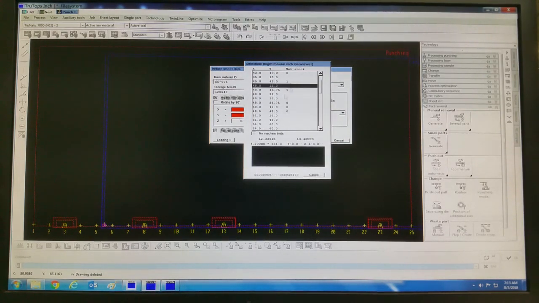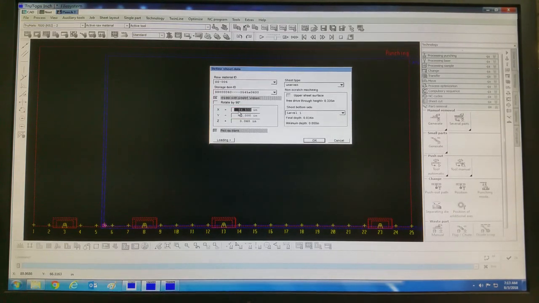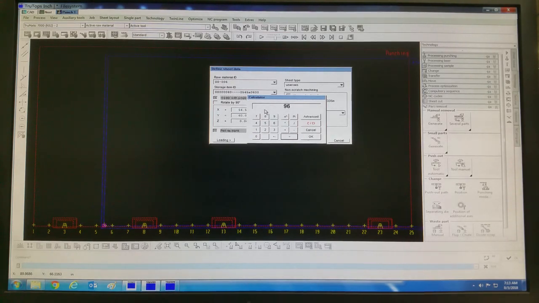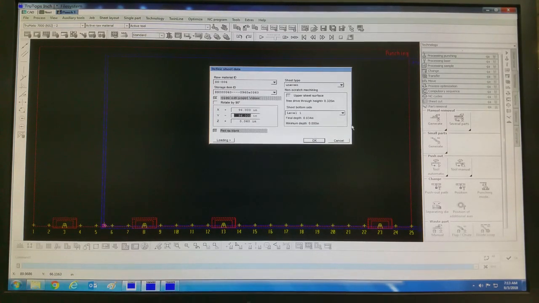If the sheet size which I want to use is not here, no worry about it, just pick one. And now you can change it. So for example here I can rewrite it for 96 by, let's say, 36, hit OK. And here the sheet type usually I keep uneven, and the sheet bottom side